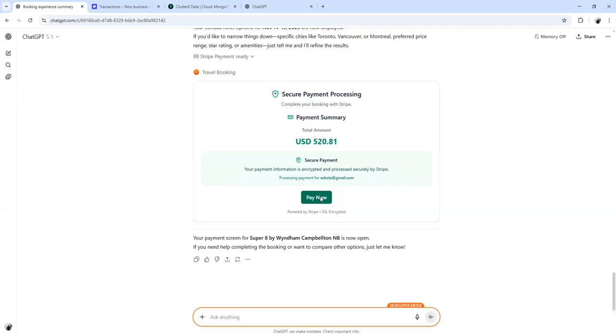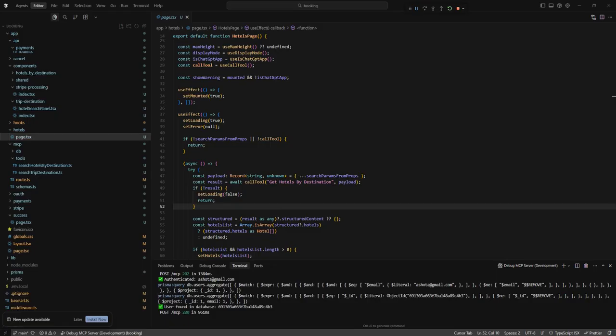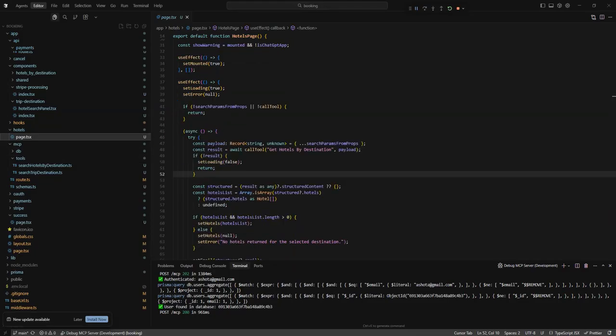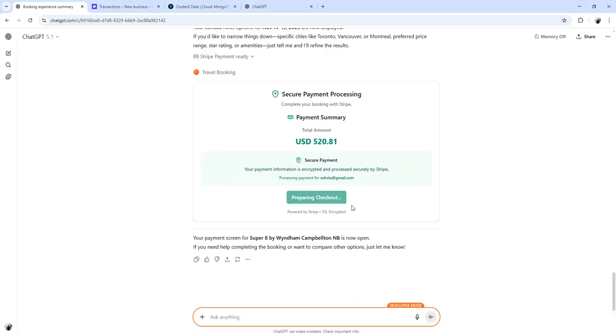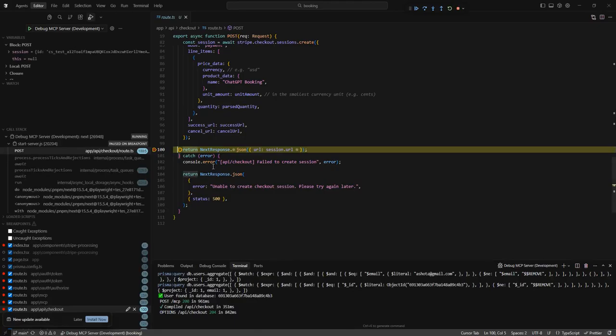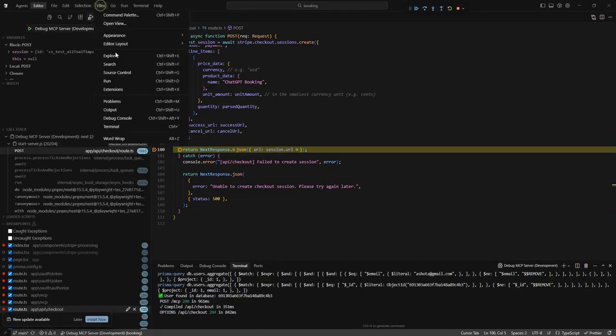When we click the Pay Now button, we should receive the Stripe session URL. So actually this Pay Now button makes a fetch request to the API checkout endpoint.